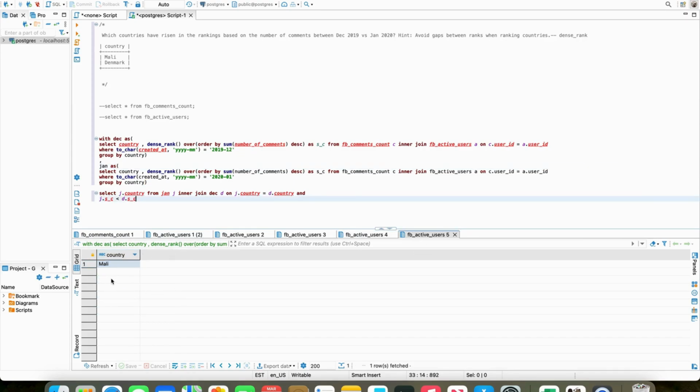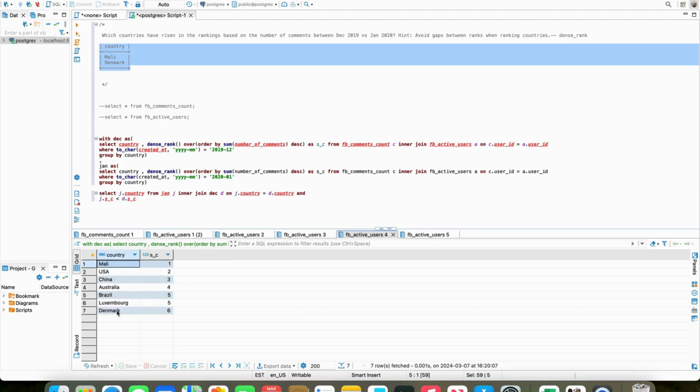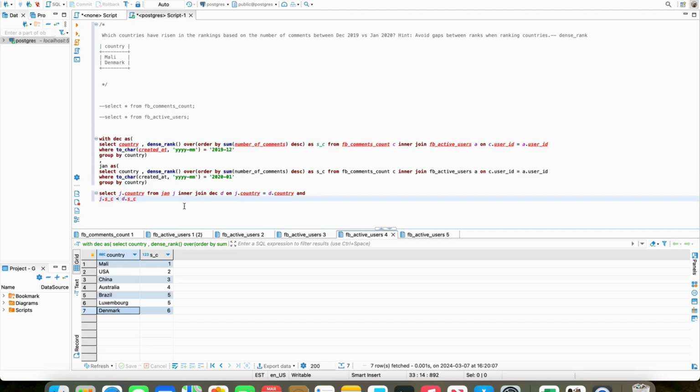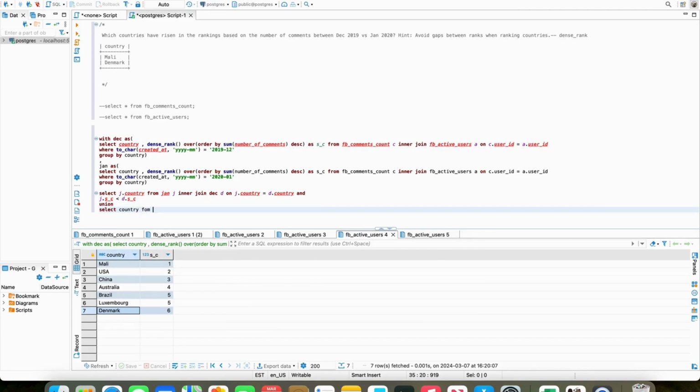This is the output. But if we see here the expected output, we see a Denmark also here. And let's go back to our January data. And if we see here, we have a Denmark country here, which is not there in December data. So since we are trying to check the improvement in ranks and January is the latest one, we need to include even the Denmark. So we can just use a union here and say select country from Jan